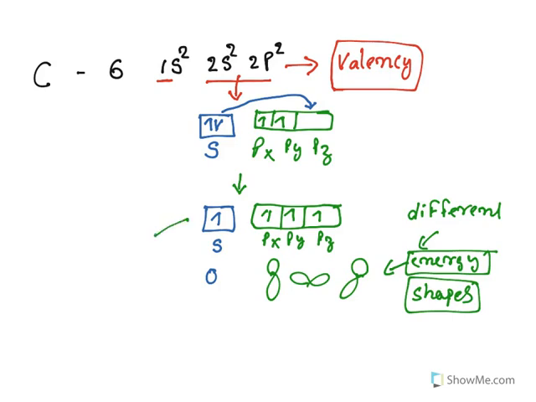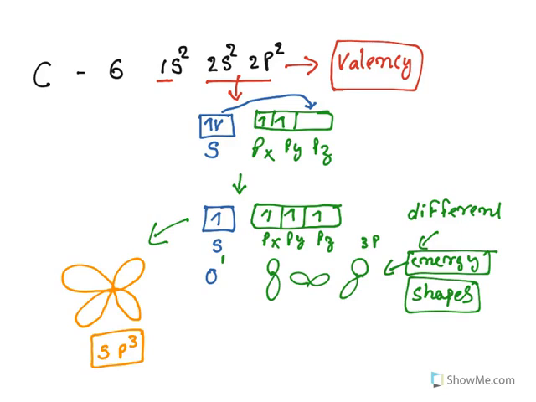The hybridization results in, you have 1 s and 3 p orbitals, and all of them combine together and form hybrid orbitals. That is what is meant by hybridization. These 4 orbitals, because of 1 s and 3 p orbitals, are known as sp3 hybridization. Now what do you see? You have only 1 electron present in each, so in order to satisfy the octet rule, it needs 4 more electrons.